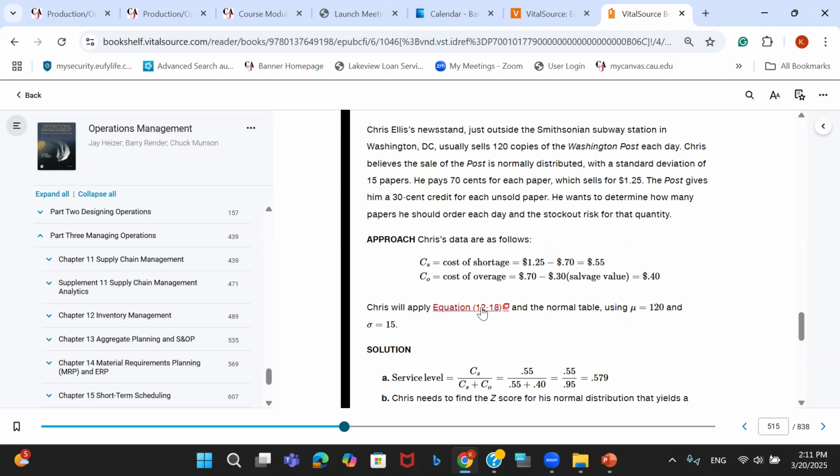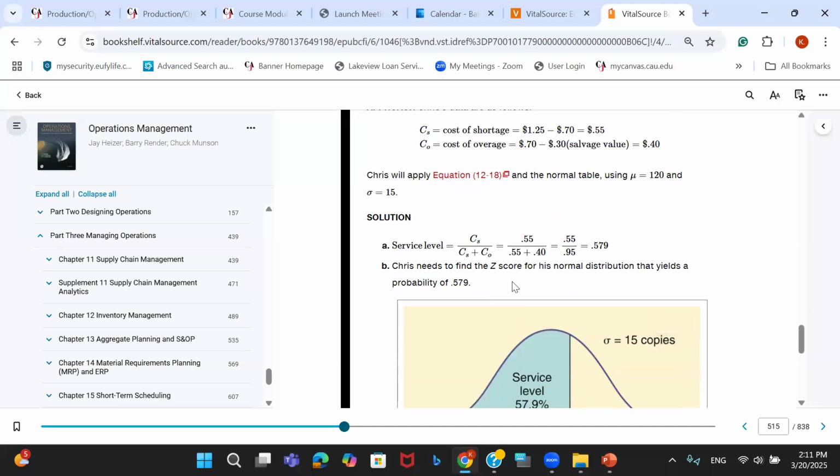Chris will apply the equations and the normal distribution using mu, which is 120, and sigma, given as 15 papers. So the service level is 0.55 divided by 0.55 plus 0.4, which is 0.579. Chris needs to find the z-score for this normal distribution that yields